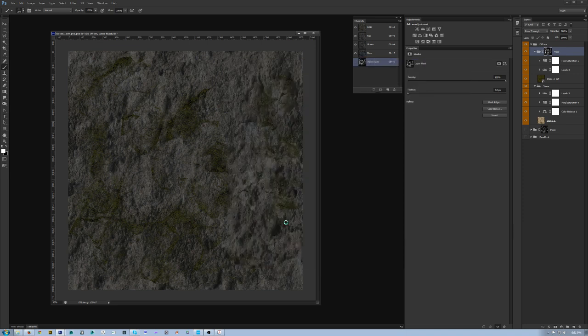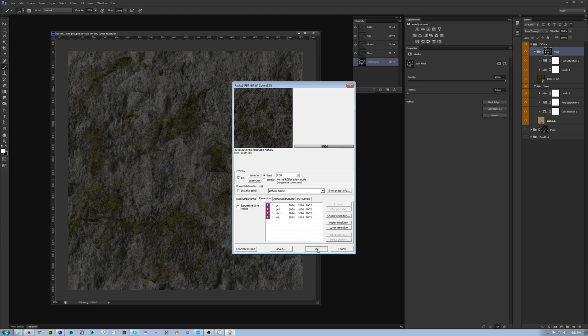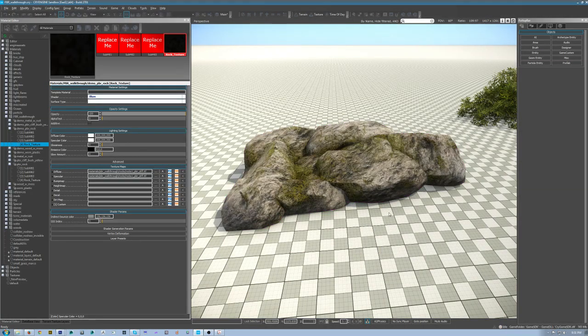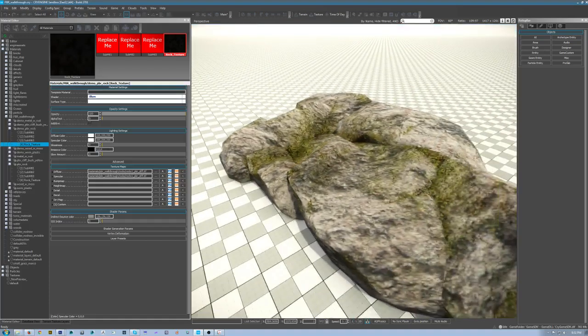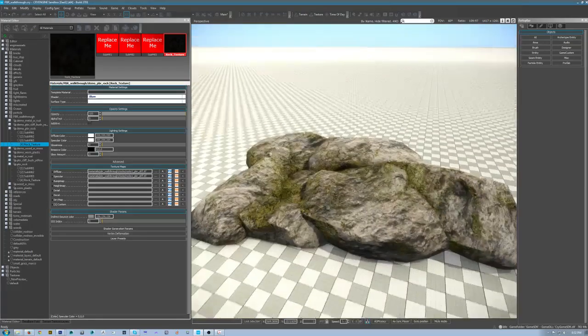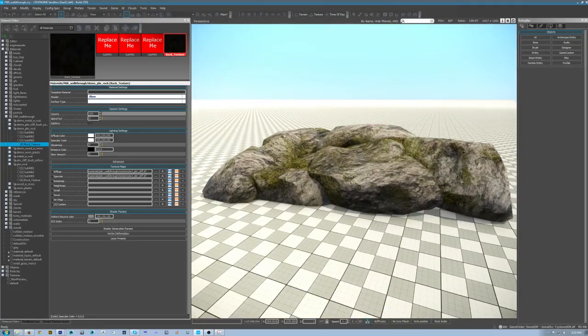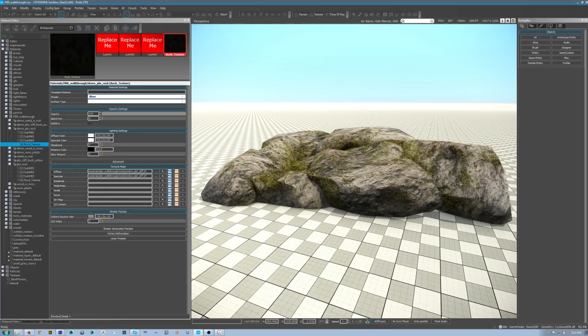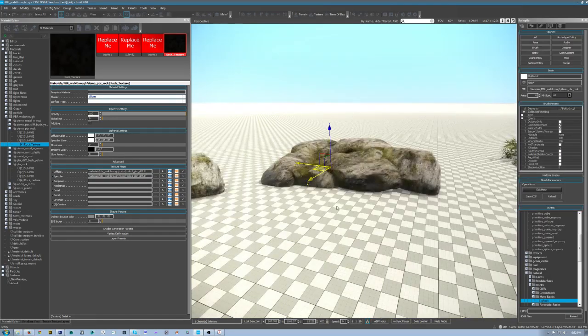This should call it good on the diffuse map. Save it out. Let that load, and that is looking pretty good. Okay, so this is what I was talking about earlier today: because I don't have a bump map or a detail map, you can kind of see the effect here where